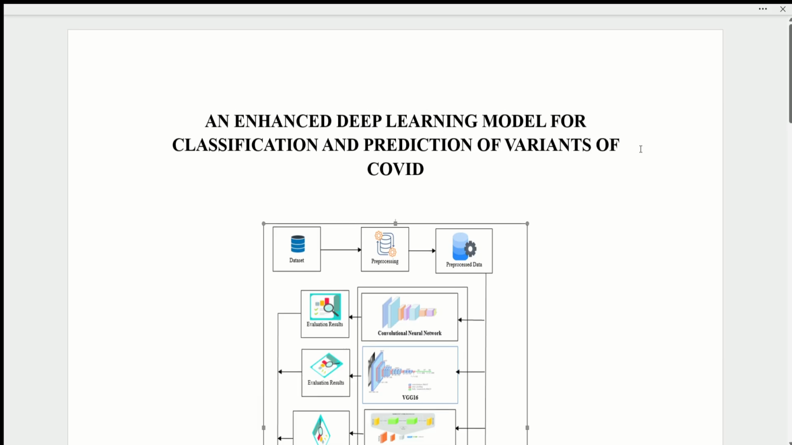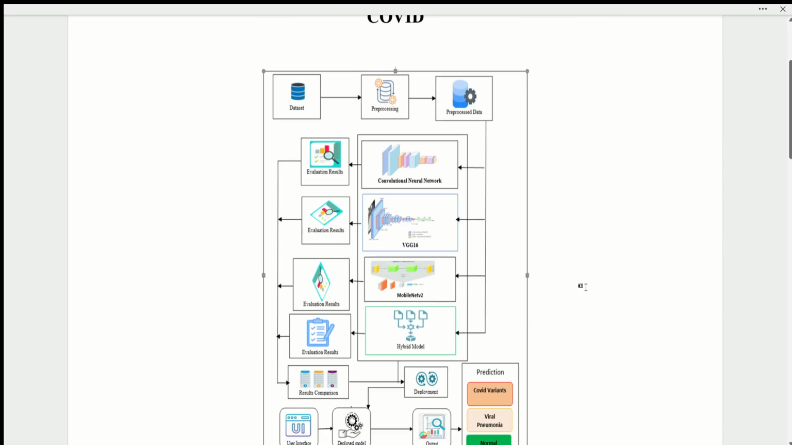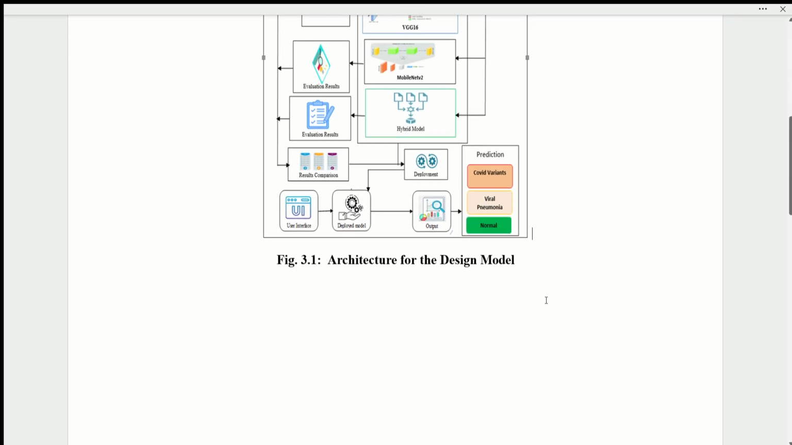Okay, an enhanced deep learning model for classification and prediction of variants of COVID is the title of the work. Talking about the architecture, we have two different architectures, so the first question is what's the difference between these two. Architectural overview of the proposed framework. The first one, figure 3.1, is the architecture for the design model,